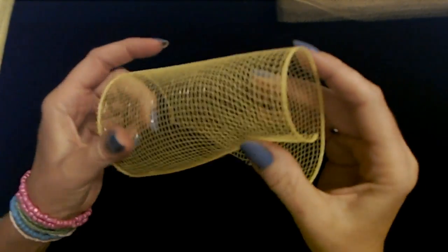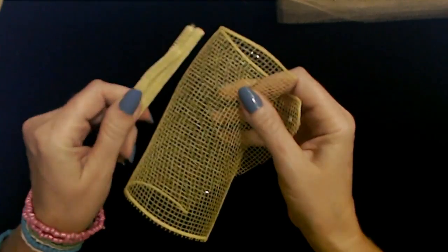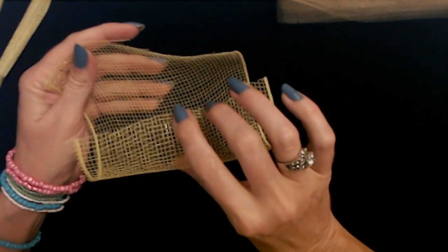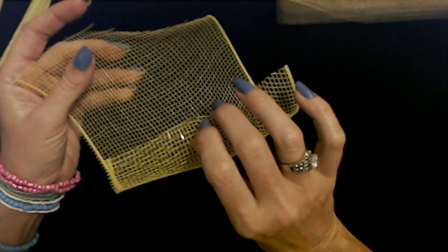I have my mesh cut up. This is the bright yellow mesh. Doesn't it look nice with the little yellow pipe cleaners? Look how pretty. I love little stuff like that. I got to thinking about it, and for the petals, I think we might go ahead and do the Starburst